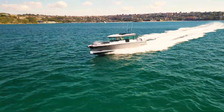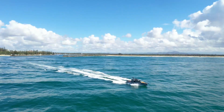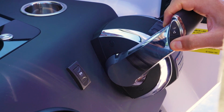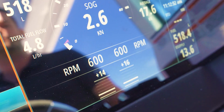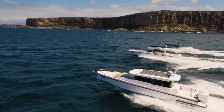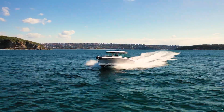If you do come into a little bit of chop, and we've taken these boats up and down the coast, Port Stephens, even gone further north in the 37, you're trimming the engines down slightly to drive the bow, give it a cutting motion through the water. As well as that, you might be driving the bow a little with the trim tabs. Now what this does is it slices the top of the water, reducing the slapping motion that you might get on a boat with a different design,